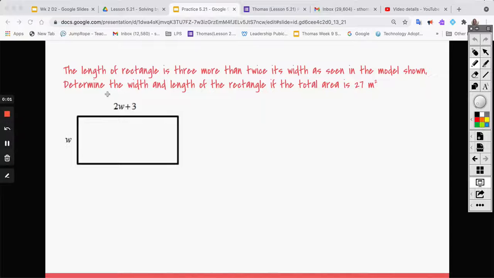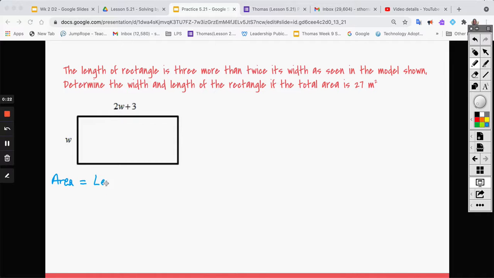All right, so this question says the length of a rectangle is 3 more than twice its width, as seen in the model. Determine the width and length of the rectangle if the total area is 27 square meters. All right, so what do we know? We know that the area of a rectangle